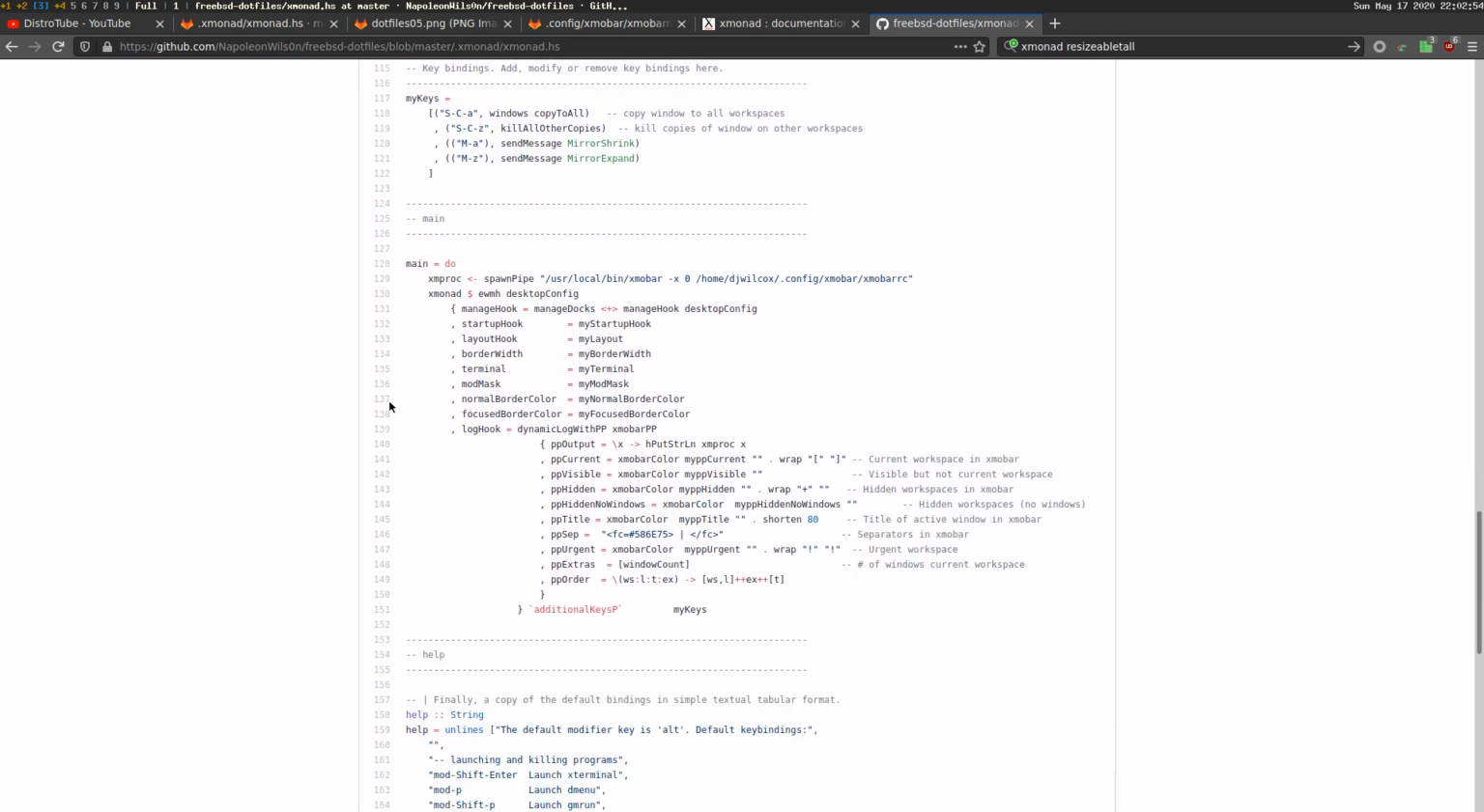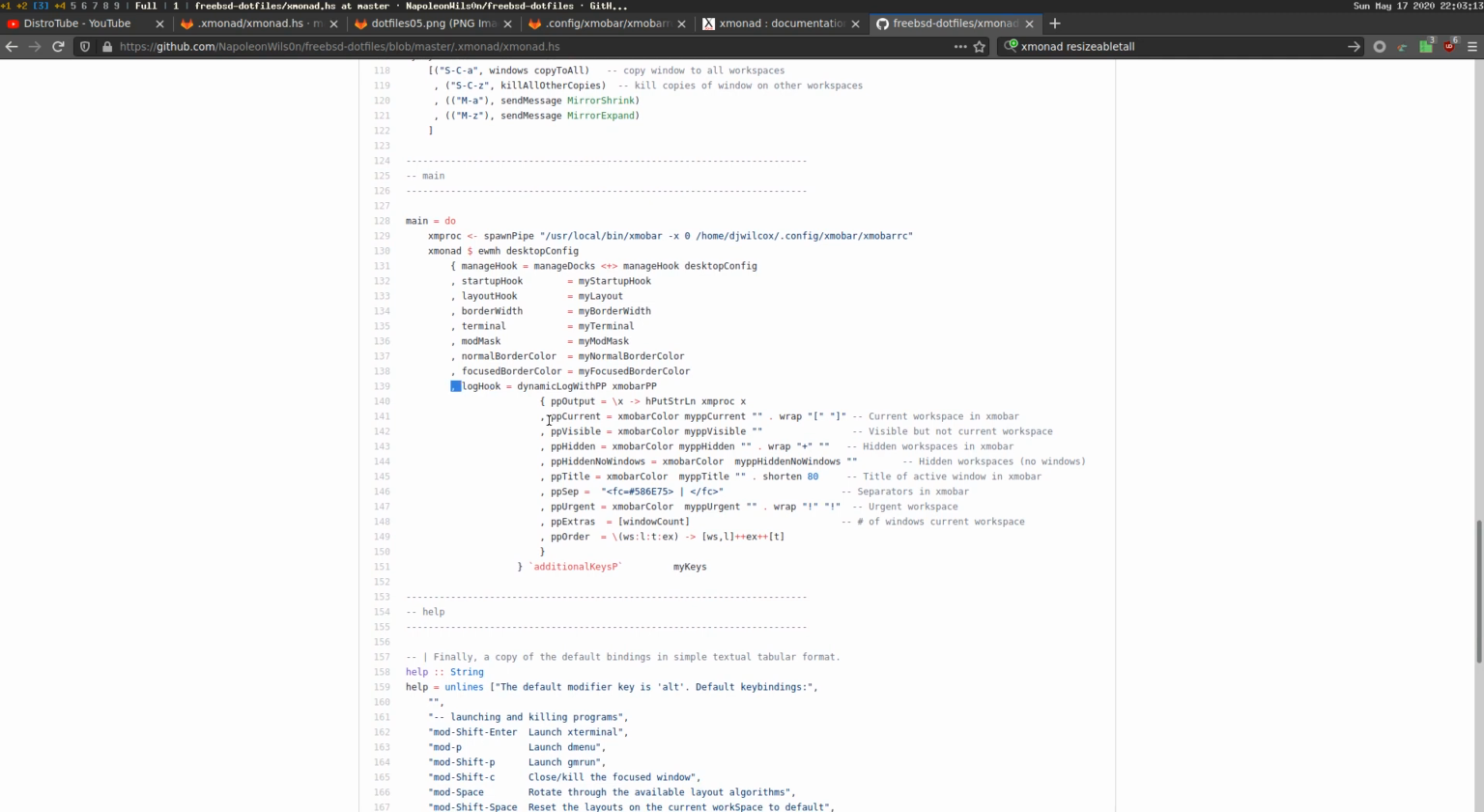Then you've got your main section here, which is where you launch xmobar and run through the main loop of the program, and then it picks up all the configuration variables that you set for your startup hook, your layouts, your terminal, your border width, that stuff. And this again is DT's xmobar,